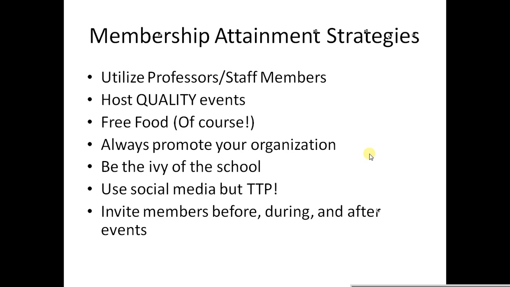Free food, of course. We all know that this is a great formula for bringing in people, but at the same time, just because you give away free food does not necessarily mean that people are going to come, and most importantly, that people are going to stay. So one strategy that I would suggest is that, yes, you advertise free food, but you let people know that the free food isn't going to be served until the end of the event, as opposed to putting it in the front. Because here's the two schools of thought to this.